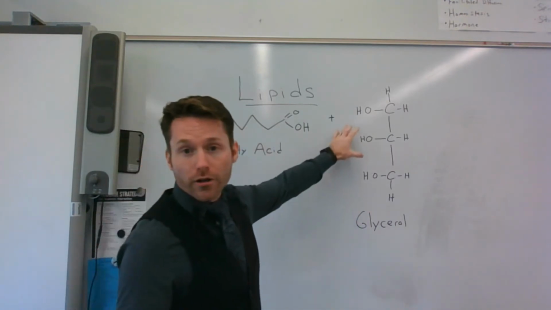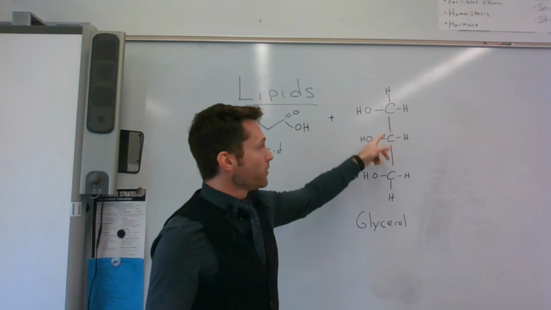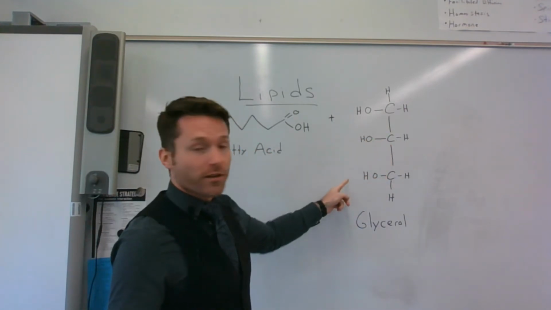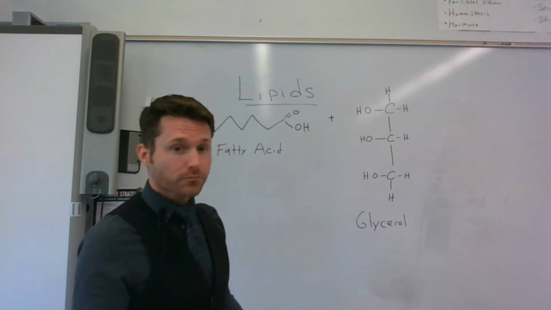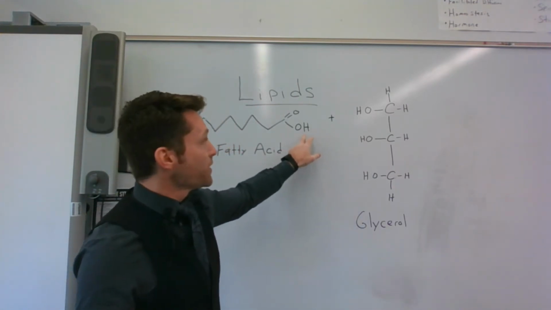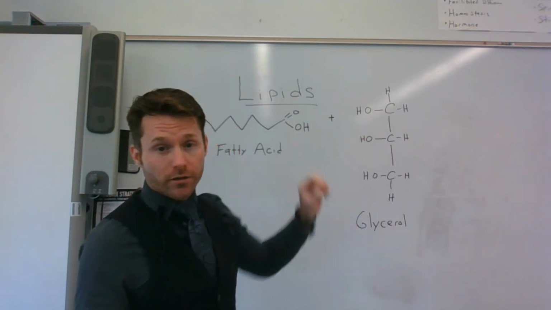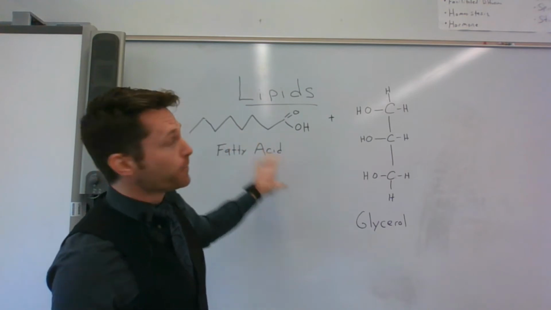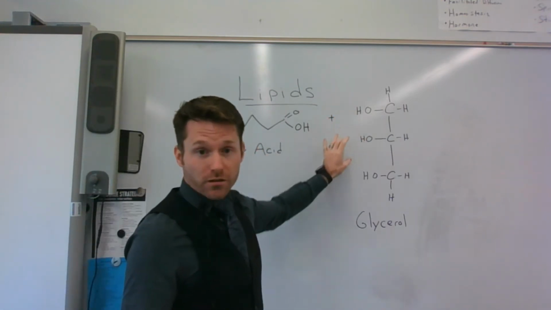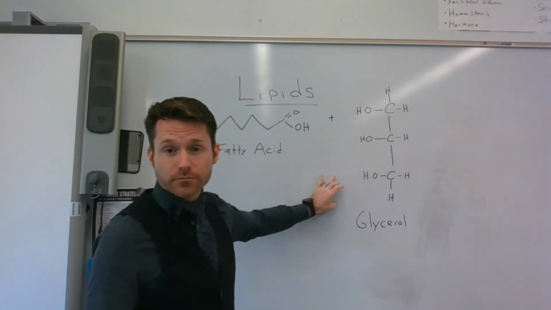Over here, I have a molecule called glycerol. If you notice, there are 3 carbons here, each with an alcohol group on the same side of the carbon. And so I perform a dehydration synthesis in this region here. I pop off a water, and now my fatty acid gets stuck to my glycerol. Okay. Now I have 3 regions here, therefore I can hold 3 fatty acids here.